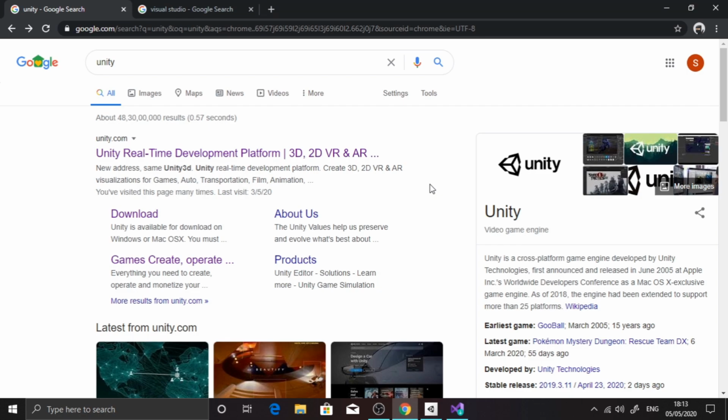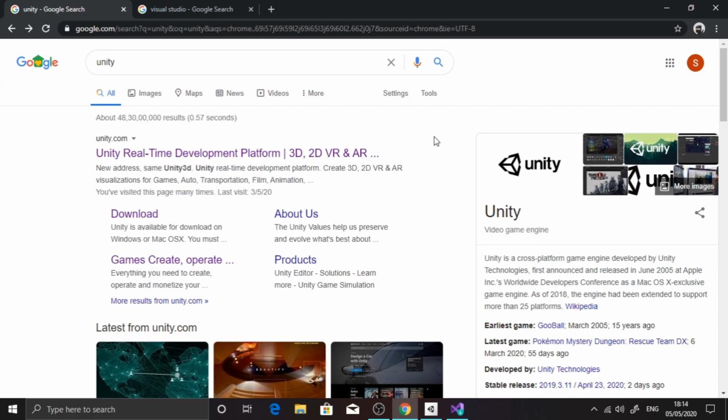So what is Unity? Unity is a game engine. A game engine is a software development environment designed for people to create games. The core functionality provided by a game engine includes a rendering engine for 2D and 3D graphics, a physics engine for collision detection and response, scripting for writing your own game logic, sound, animation, AI, networking, memory management, etc. All this in a single package so that you can create your games easily and effectively.